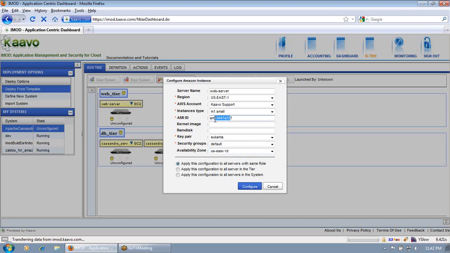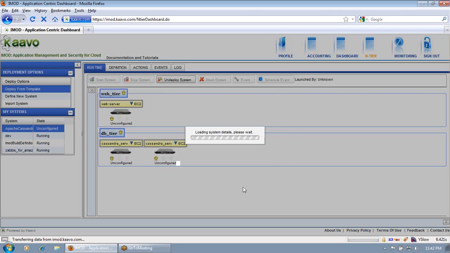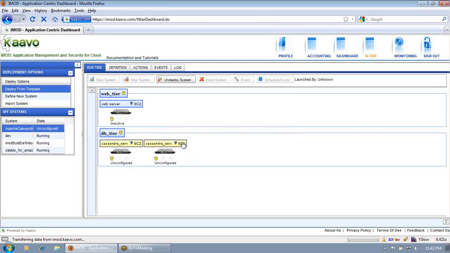This is a Fedora AMI, so you can choose any Linux flavor like CentOS or Ubuntu. Just put the name of that image and then configure. In the same way we configure the DB tier.